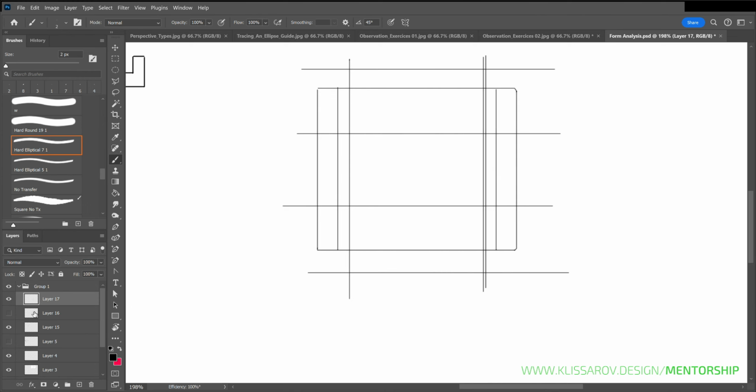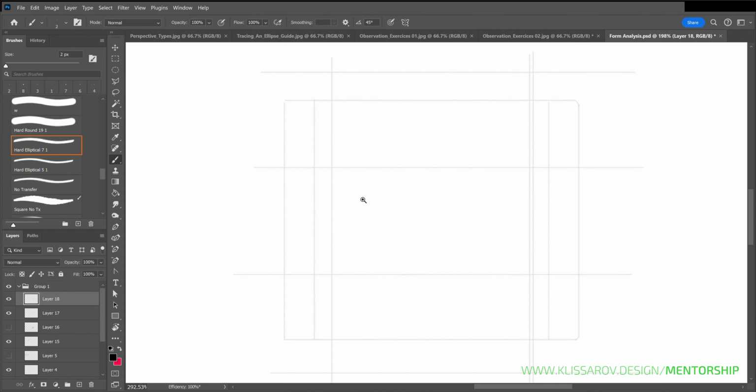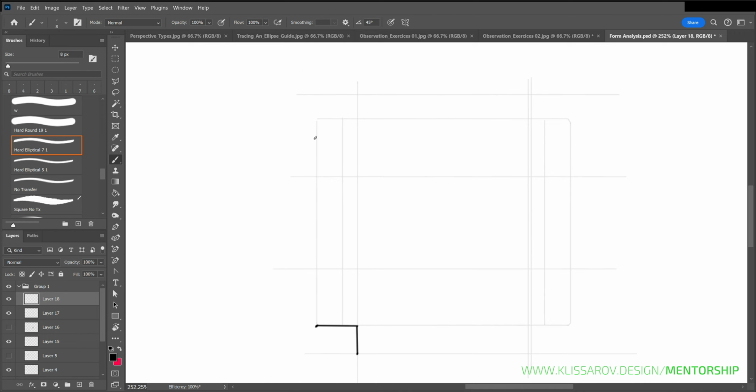Then I take another layer, add another piece of paper on top of it, and then I'm going to do my final top view. So first of all, the outline of the object is always going to be with the thickest lines. Let's put really thick lines so that we can really understand that they're the ones that are bigger. Okay,